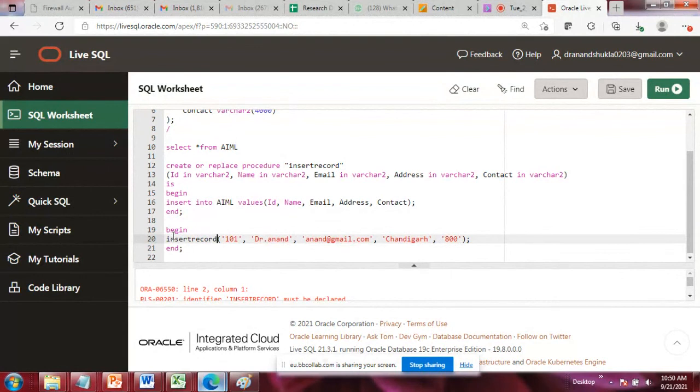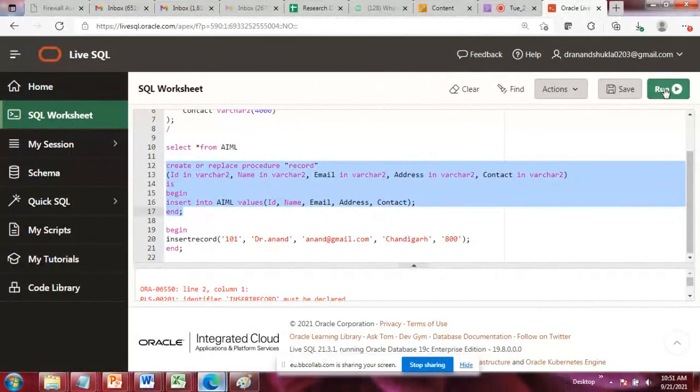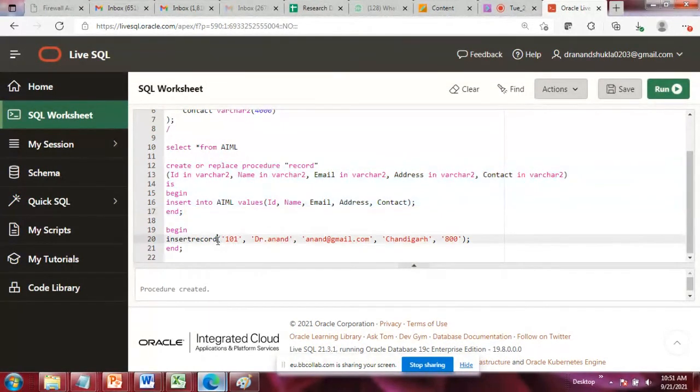Insert record. Insert into AIML values 1, 2, 3, 4, 5, and okay, begin insert record. Let me shorten the name of this. Created record.